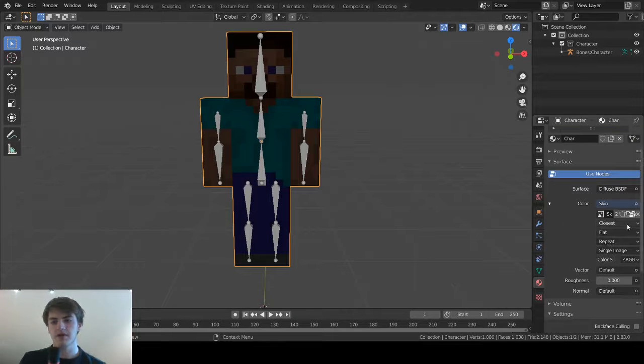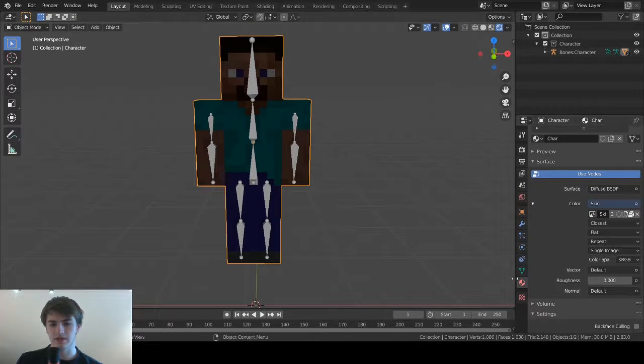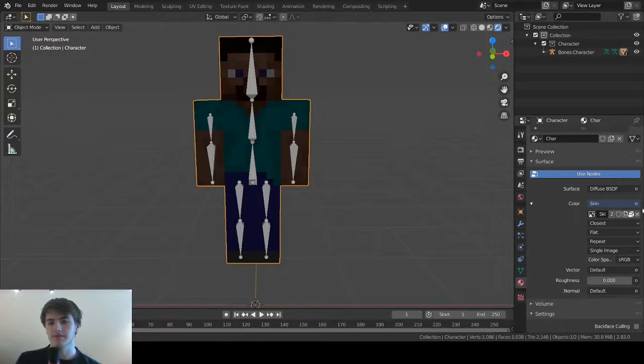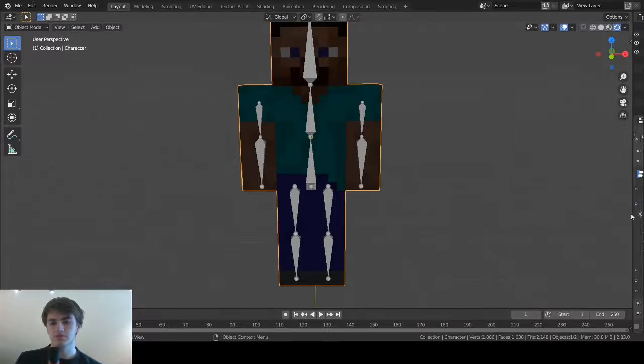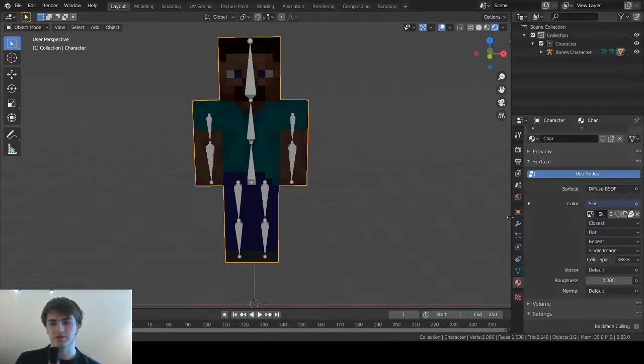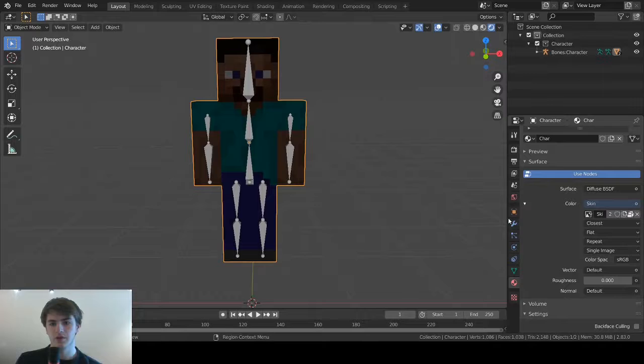Now up here, you'll notice if I drag this out a little bit, we've got this row of buttons, right? This is the dashboard, so to speak, that we're going to be using for bringing in our custom skin. We're going to click this button right here, the second to last button in this row, right